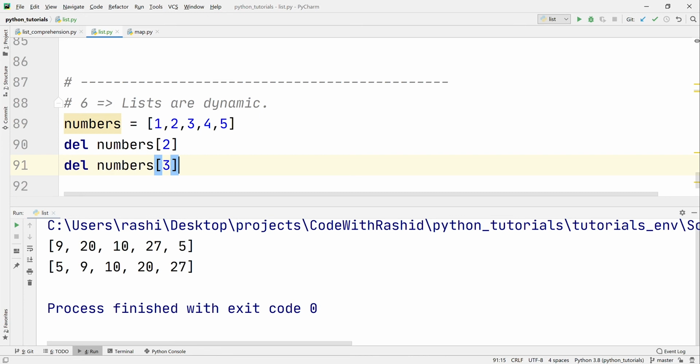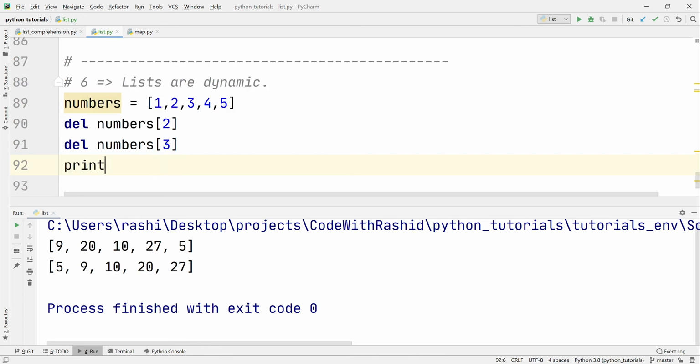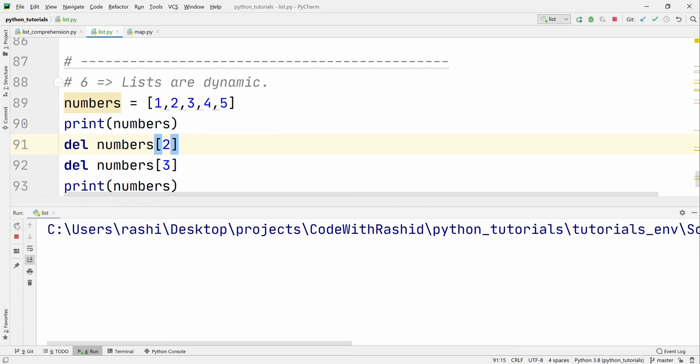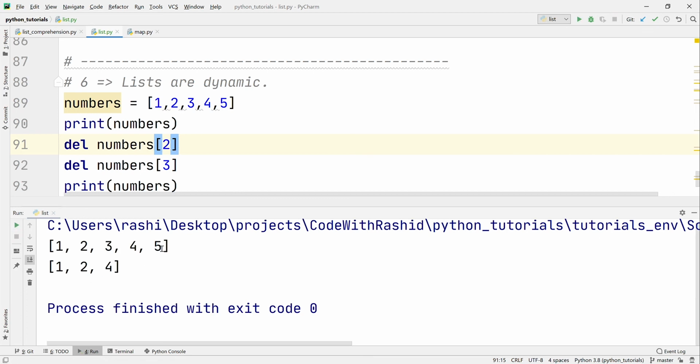Okay, we are removing 2 numbers, then we are printing the numbers list. That's it, printed before deleting as well. Okay, print numbers. So now if I run this program, you will see that previously...